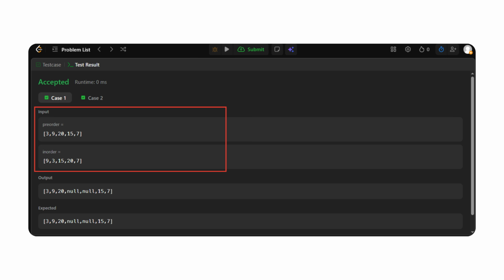Putting it all together, the tree we reconstruct is root, 3. Left child, 9. Right child, 20. Left child, 15. Right child, 7. Which corresponds to the level order output, 3, 9, 20, null, null, 15, 7, and that's exactly what our function